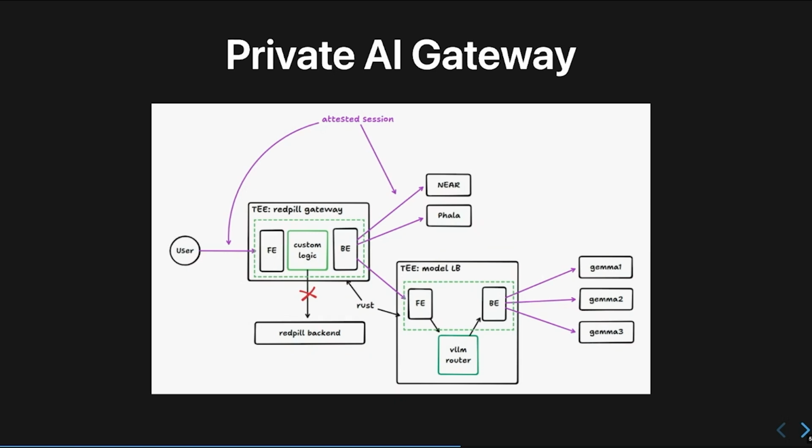For example, a faster model you charge higher, a slower model you charge cheaper, right? So this can be customizable. But at the private AI gateway level, we just make sure the primitives are there. So the user can specify you just want to talk with maybe this provider, but not the other provider. You can do that. Thank you.